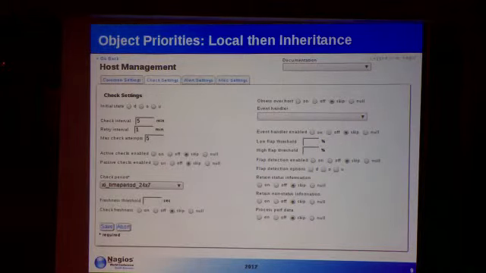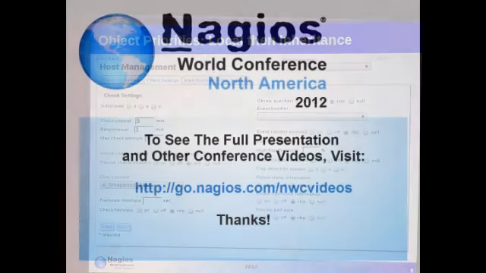So the importance here is if you want to manage a large group of servers or anything that's similar, any kind of devices that are similar, so Windows servers, Linux servers, SQL servers, MySQL servers, Apache web servers, anything that can be in a group, start thinking about managing it with a template, because you can place the template up above it and you can change all 100 servers with one click. You want to change the time check interval? One click. You want to change the check period? One click. You don't want to have to manage